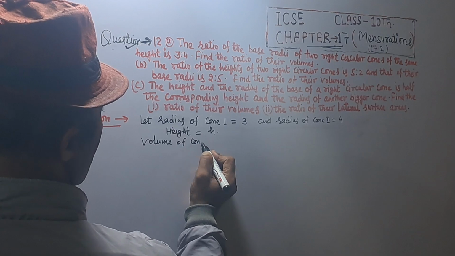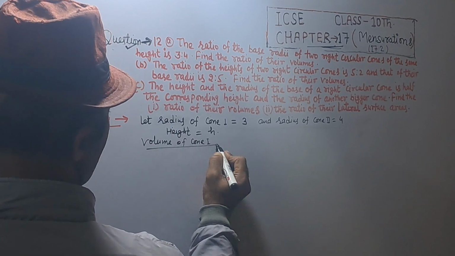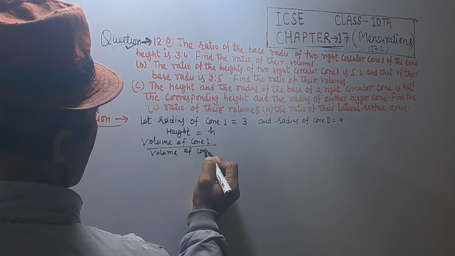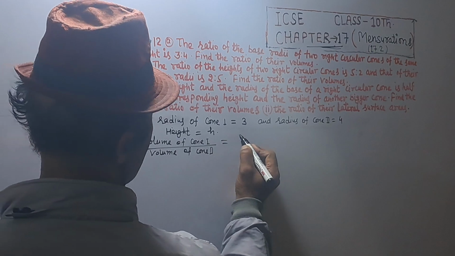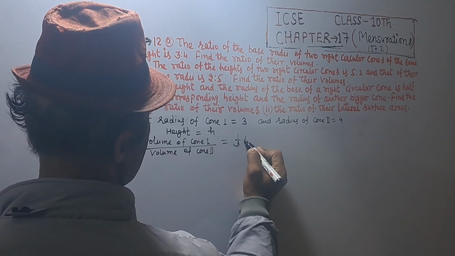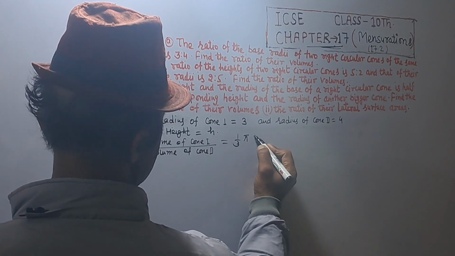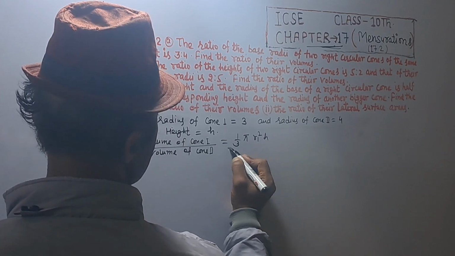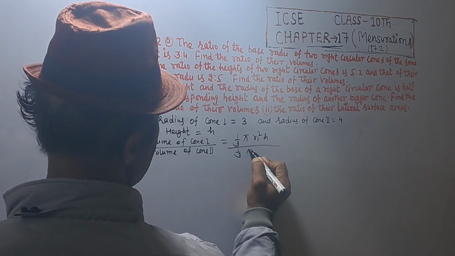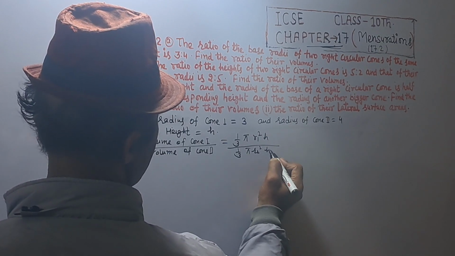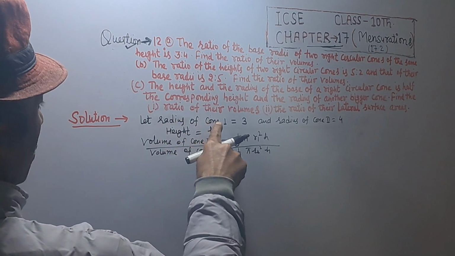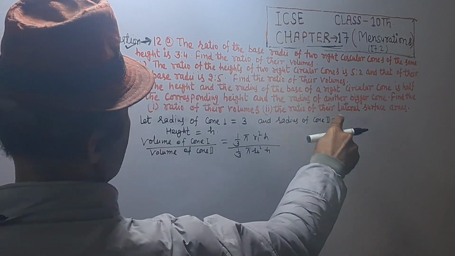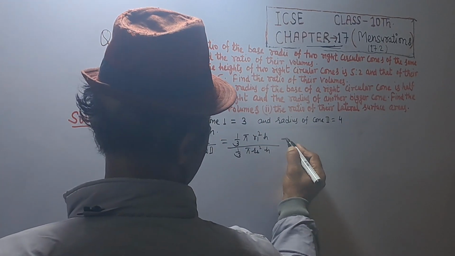Volume of cone first upon volume of cone second is equal to 1/3 pi r1 square h divided by 1/3 pi r2 square h. Radius of cone 1 is equal to 3 and radius of cone 2 is equal to 4, which implies